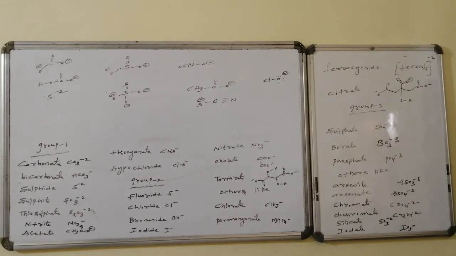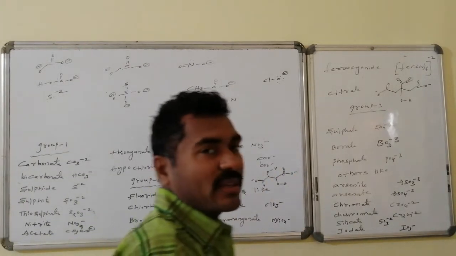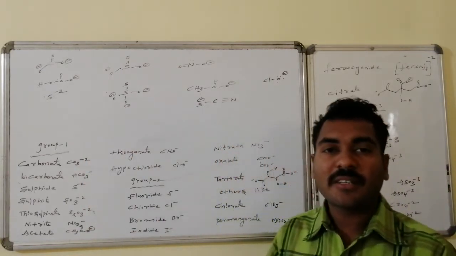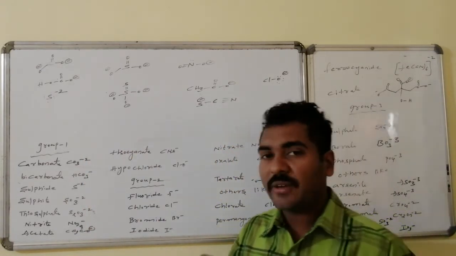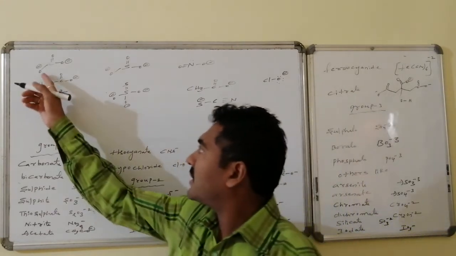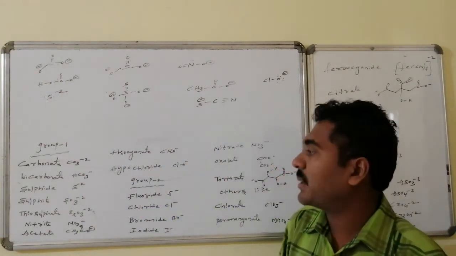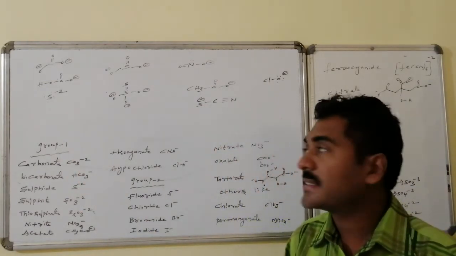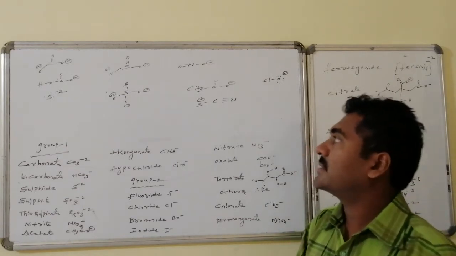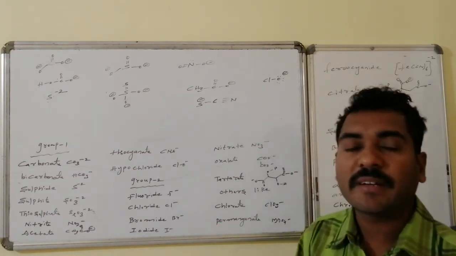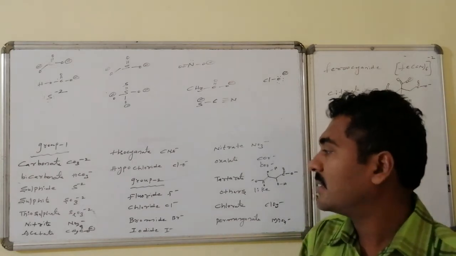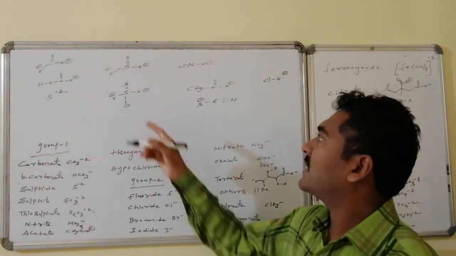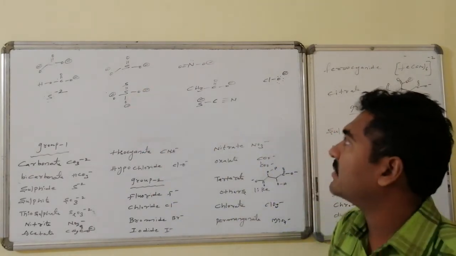The structures of group 1 radicals: carbonate, CO3 2-, carbon connected with oxygens of different kinds. One is a double bonded oxygen, and the other two are single bonded oxygens carrying one unit of negative charge. Bicarbonate, where one negative charge is connected with the H. Sulfide, S 2-, that is S having 2 extra electrons. Sulfite, SO3 2-, is present with the +4 oxidation state. Whereas thiosulfate is present with the maximum oxidation state, with a sulfur-sulfur connectivity and a double bond connectivity.